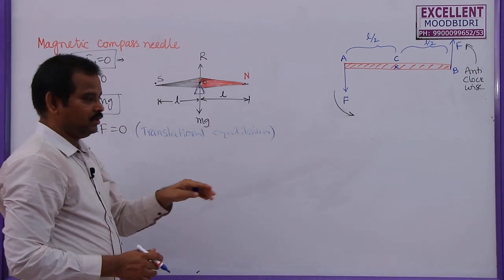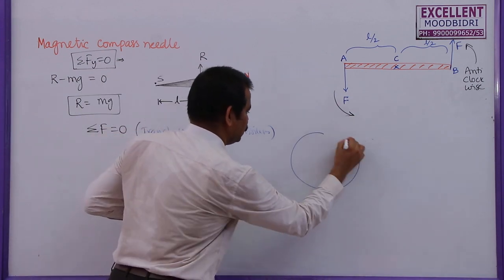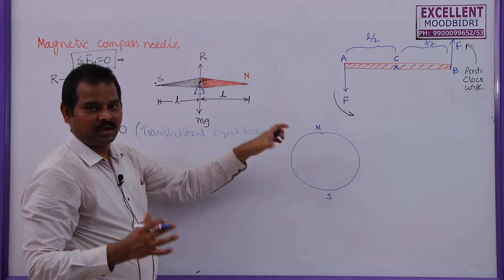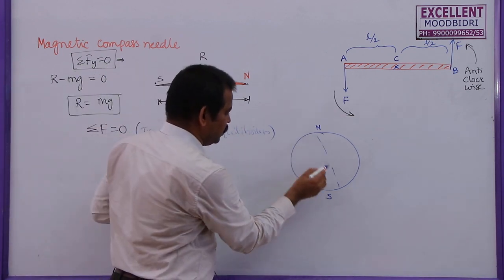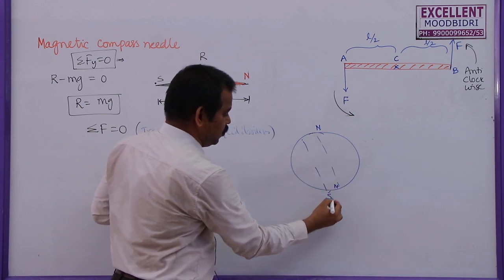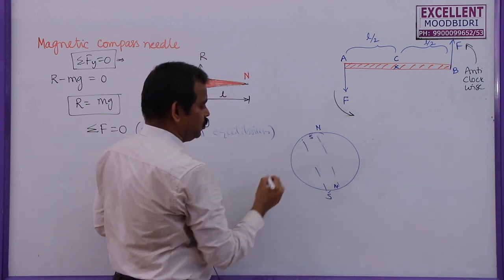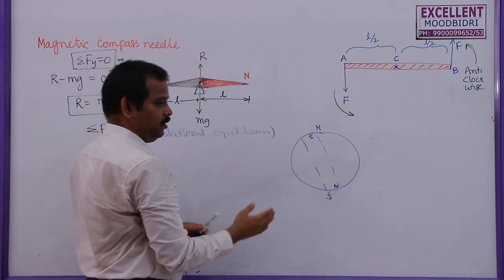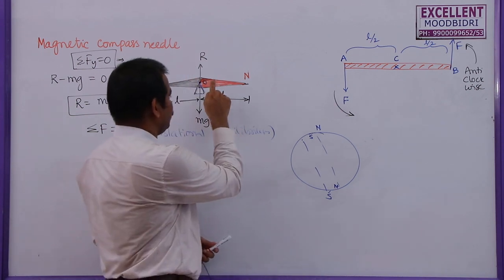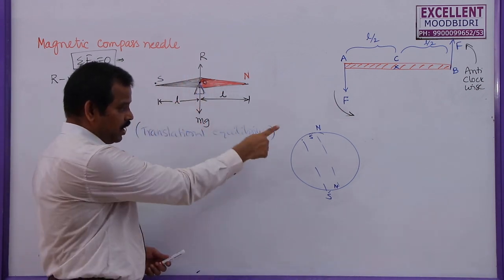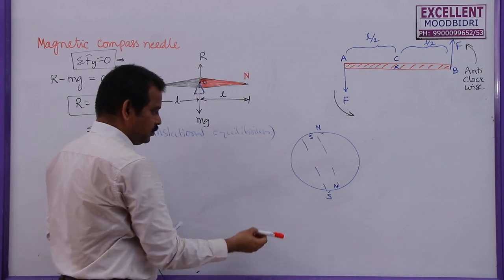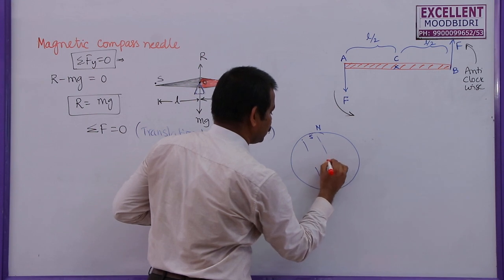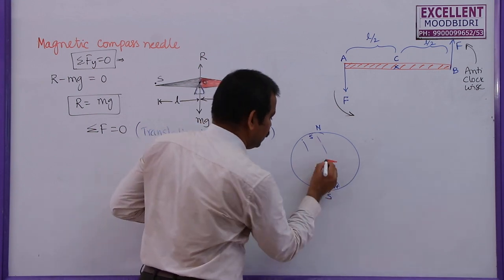If this needle is kept like this, so this is our earth, this is the north pole and south pole. Our earth behaves as a big or giant magnet. So it is found that this magnet has a north pole towards the south pole of earth and the south pole towards the north pole of earth. Now if you suspend this magnetic needle anywhere, if you keep it in a box, so this magnetic needle will experience two forces because of this pulling and pushing between this magnet and the earth's magnet. Let us say this is the north pole here and this is the south pole here.